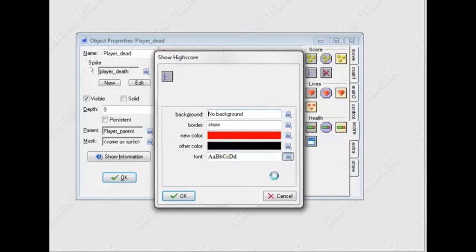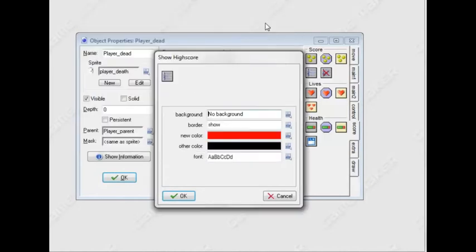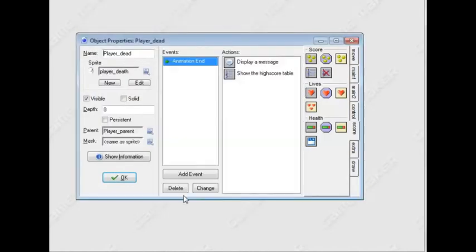I do not like Times New Roman at all, so I'm just going to change it to, where is it? Where's Arial? There is, good old Arial. I am going to do that at the least, so it's going to be nice Arial. So there we go, we're going to display the score, and then we're going to set the